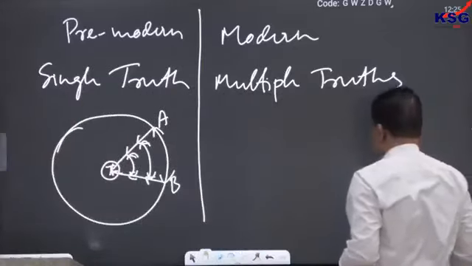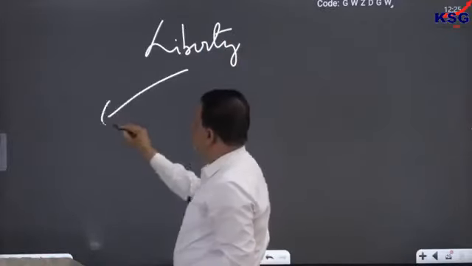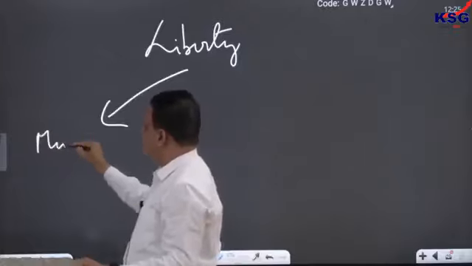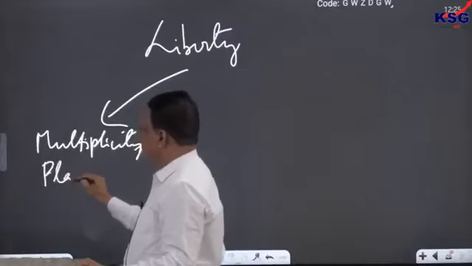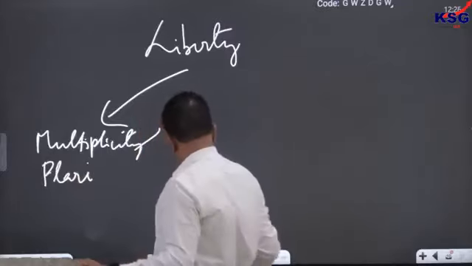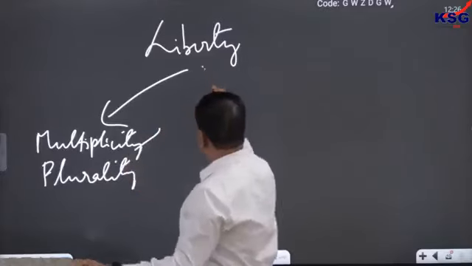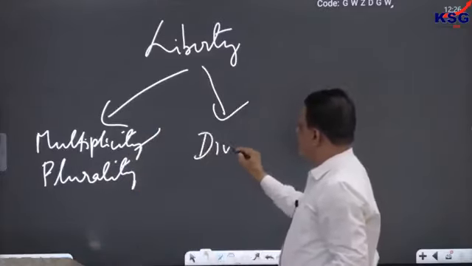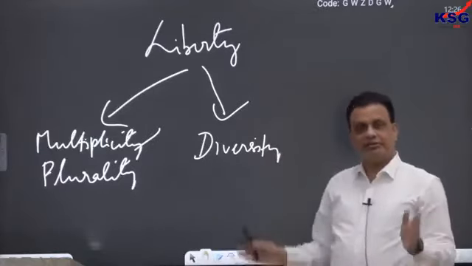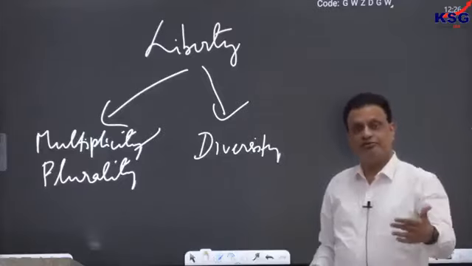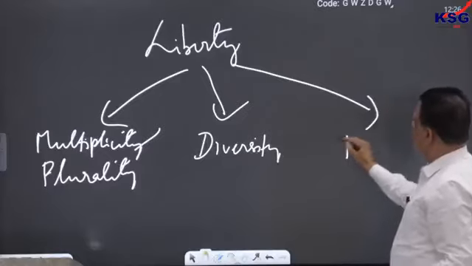In this sense, you can see finally that this idea of liberty we are talking about subsumes things like multiplicity of truth or plurality of truth. There is no singularity of truth. Liberty also talks about things like diversity. Liberty always promotes diversity. Everybody does not have to be similar to each other. We can be diverse people and diversity must be celebrated. We should never try to impose uniformity in society, that everybody should be the same. And liberty also means tolerance.